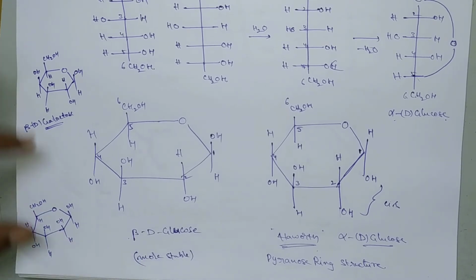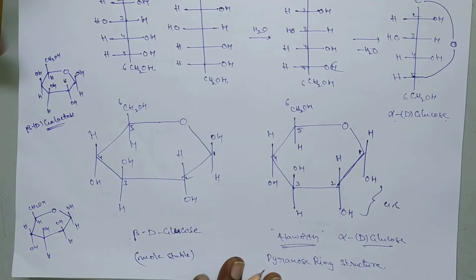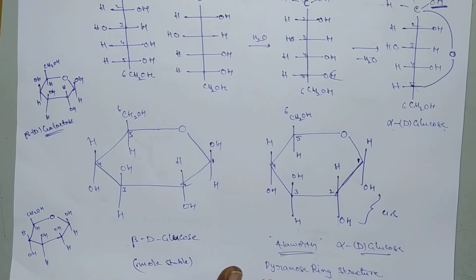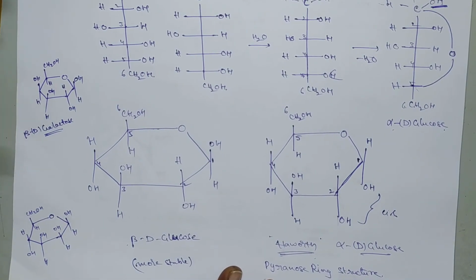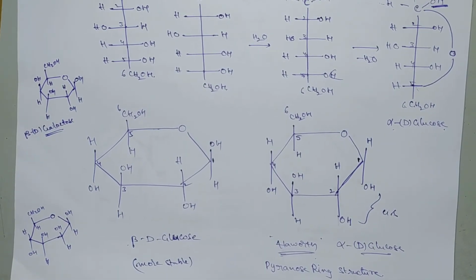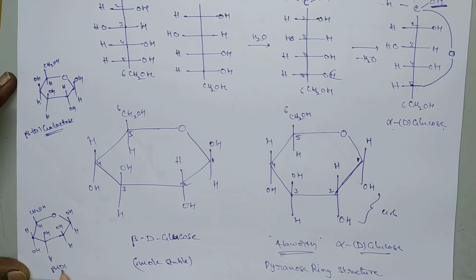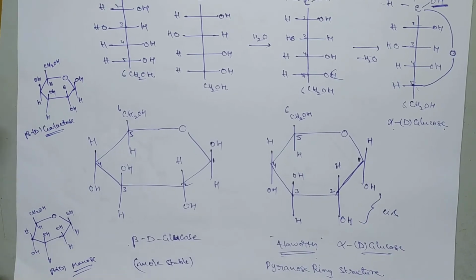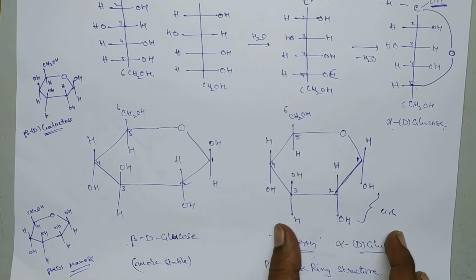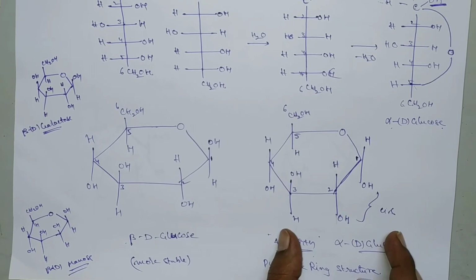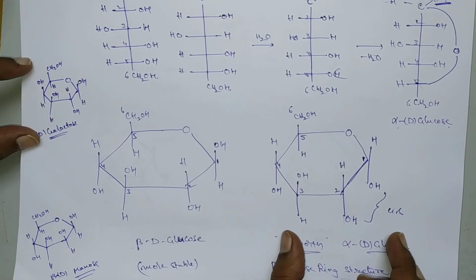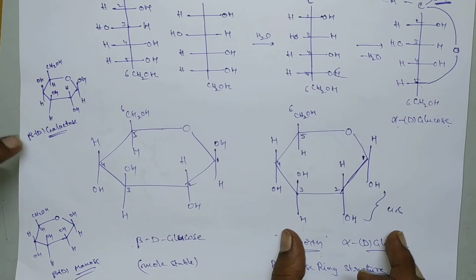So just by remembering the structure of glucose, we can assign any structure. Okay. So by remembering these small tricks, we can easily draw the structures of all monosaccharides. So this is beta D mannose. Okay, beta D mannose. If we interchange this one, then we get alpha D mannose. Okay, or alpha D galactose. So here we require beta D galactose.